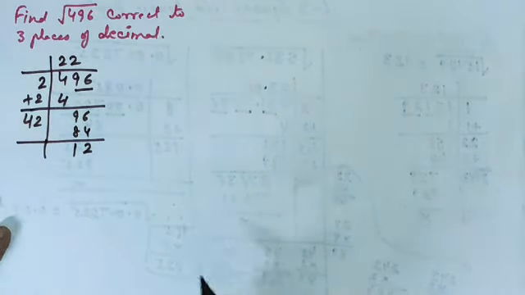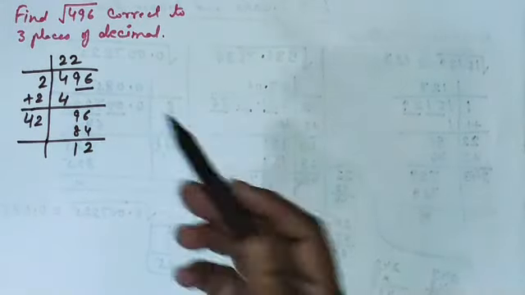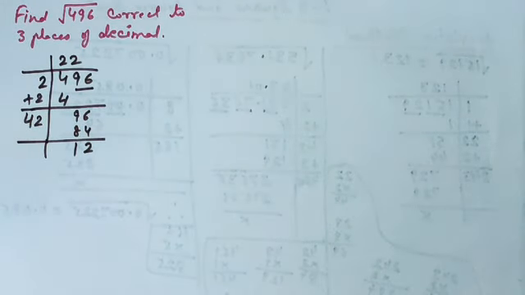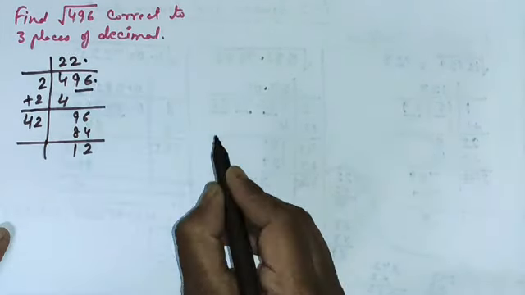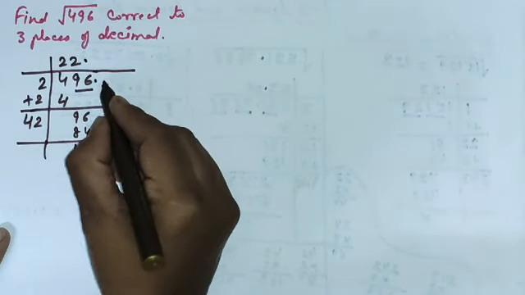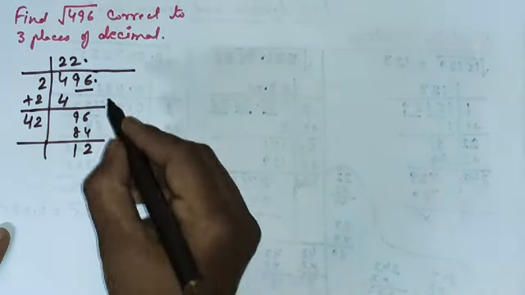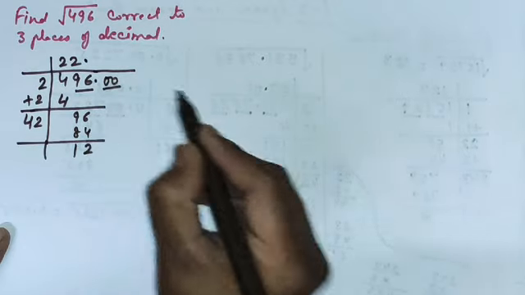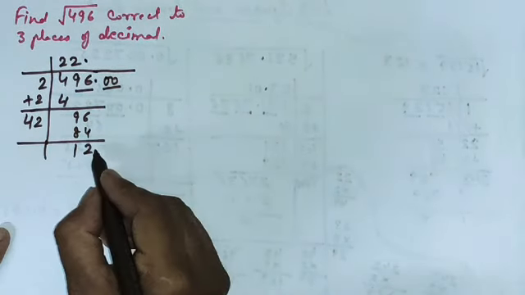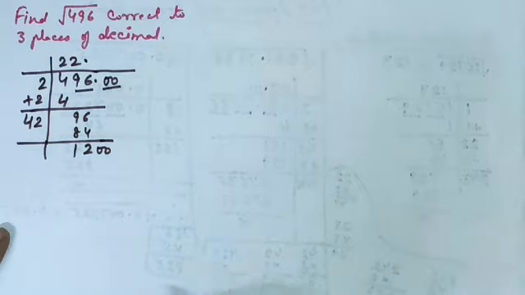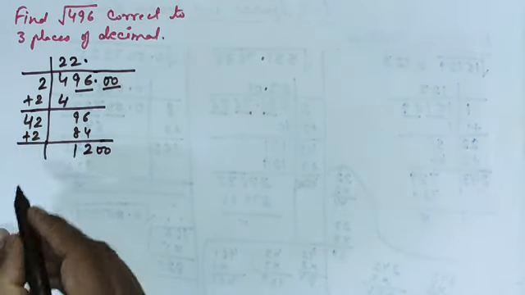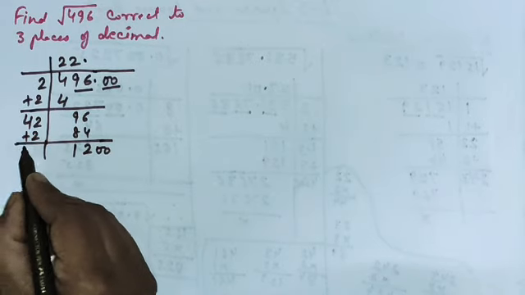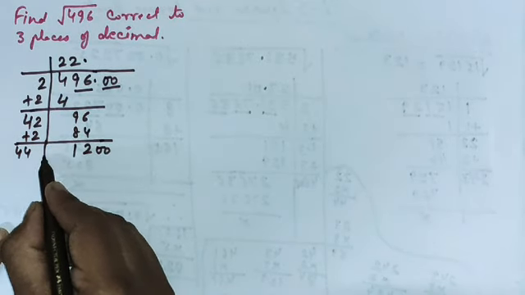Okay. Now division is not complete and I have taken all the digits. Now what should I do? As we do in the case of simple division, we put decimal. I will put decimal here and here also. Then I carry 0. So here I will not write only 1 0 because we carry pairs. So I will write a pair of 2 zeros and I will carry it down. Okay. Now this 2 which I have used to divide, I will add here. 42 plus 2, it will become 44.